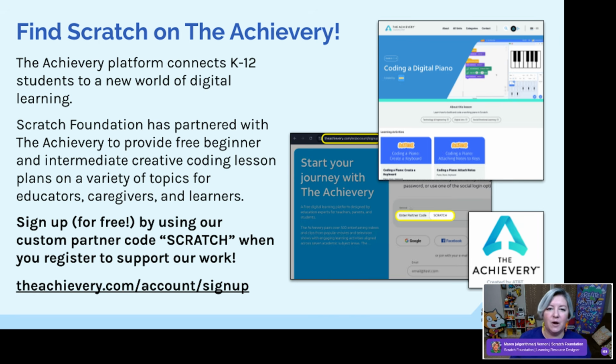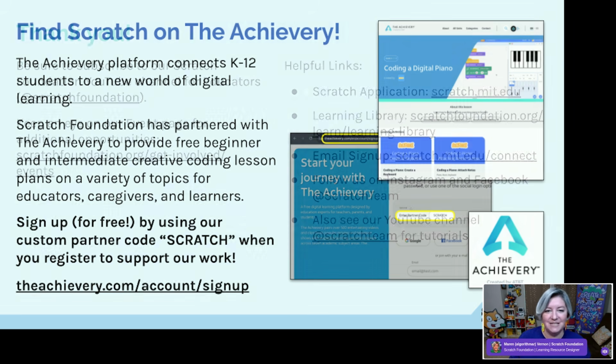On the platform, there are project guides and accompanying videos that support the exploration of Scratch. Lessons are perfect for those who may want more guidance or scaffolds to start. And Scratch units cover a variety of topics, so students can take the skills they learn and create projects about things that relate to their passions and interests, while engaging in playful exploration. You can sign up to access for free on their website.